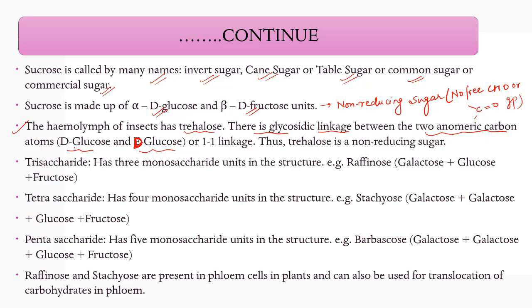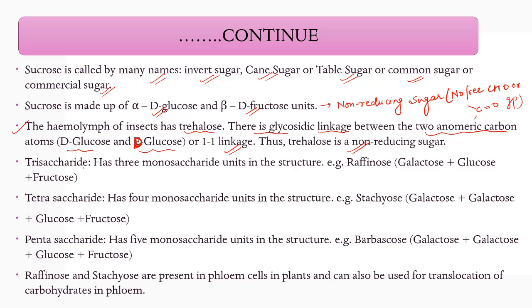So it is D glucose and D glucose with a 1,1 linkage. Thus, trehalose is a non-reducing sugar. Okay, so trehalose is also a non-reducing sugar because it has a 1,1 linkage. Because in the first anomeric carbon, only the aldehyde group is there, and if it is involved, then it is a